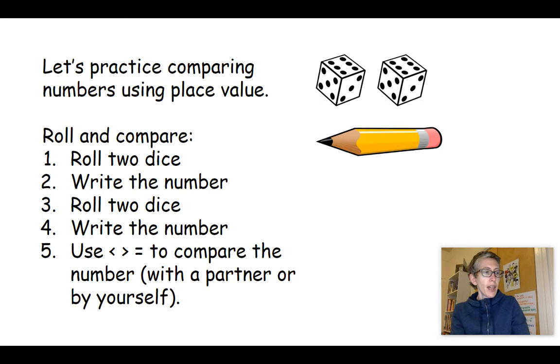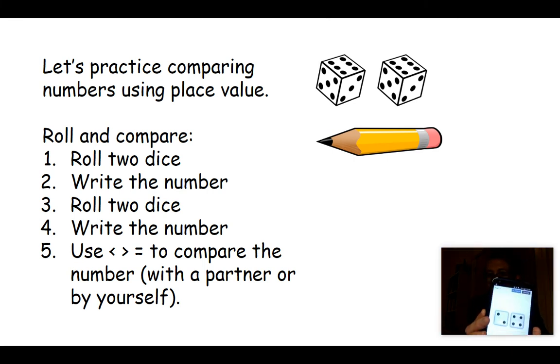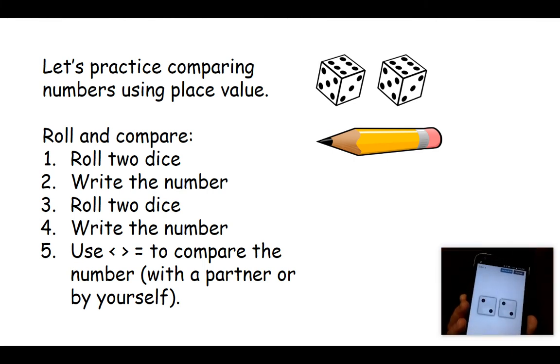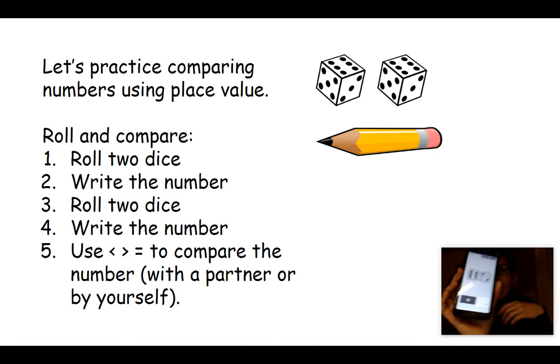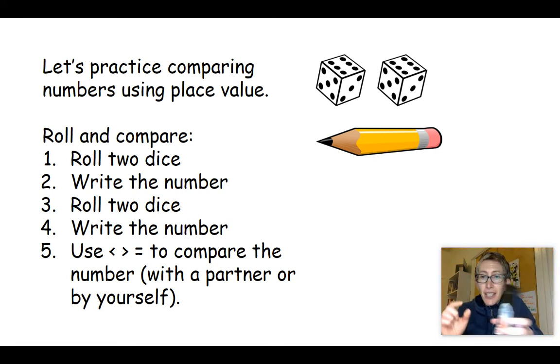So I have an app on my phone which is called Dice. Really easy. I just looked that up. So I'm going to add 1, and now 1 more. So I have 2 dice on my phone. Can you see those? I'm going to shake it. Let's do a different one. So I got one of them has a 2 and one of them has a 6. I'm going to write that as a 2-digit number,